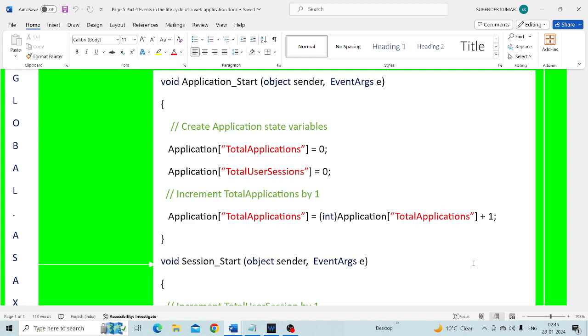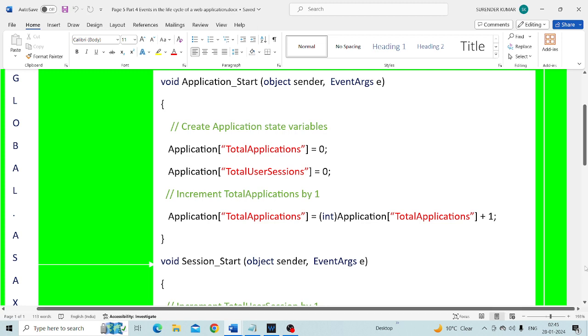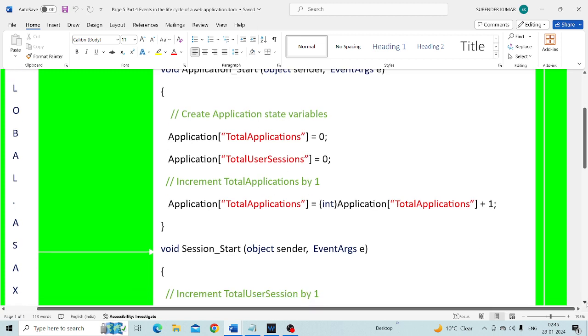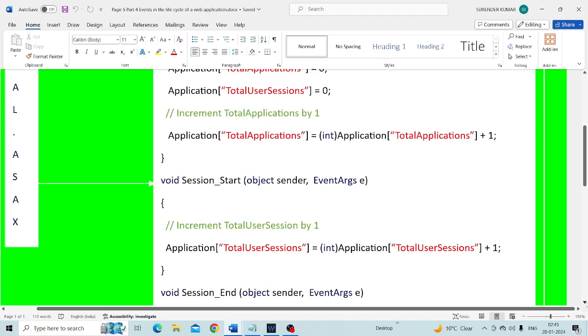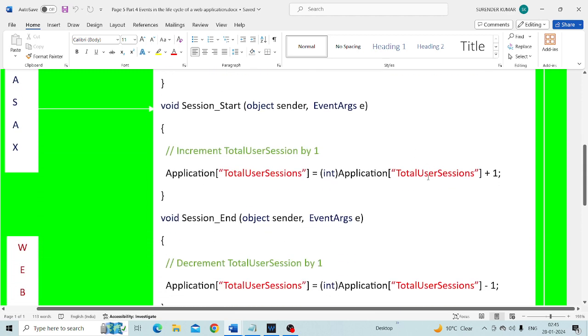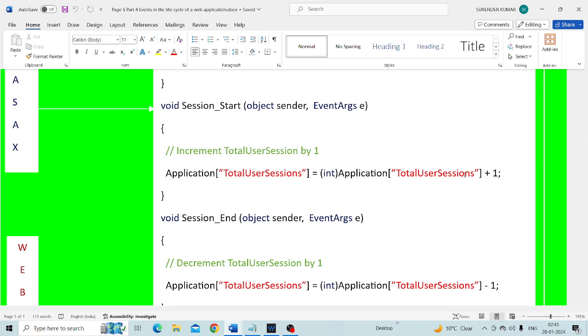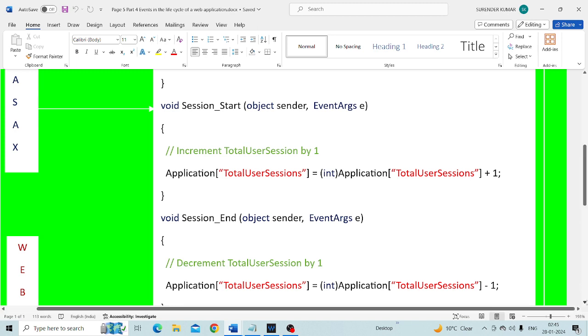And in the Session_Start event, we are incrementing the total user sessions by 1, because every time a new session is established, we increment total user sessions by 1. That will tell us how many users are currently online. And whenever the session ends,